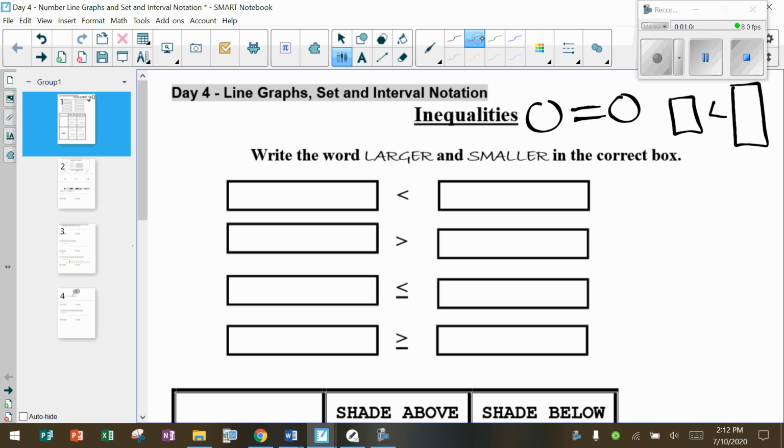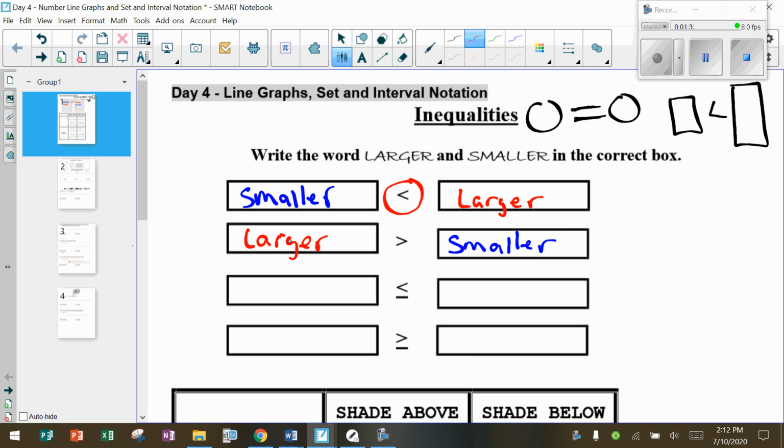So, when we look at each of these inequality symbols, we are not worried about whether to read it as, is it a less than symbol, is it a greater than symbol? What we're worried about is which side's bigger and which side's smaller. So the side with the larger opening is the larger value. The side with the smaller opening, where the point is, is the smaller value. And that is true for every one of these symbols. So the side with the smaller point, smaller number. The side with the larger opening,